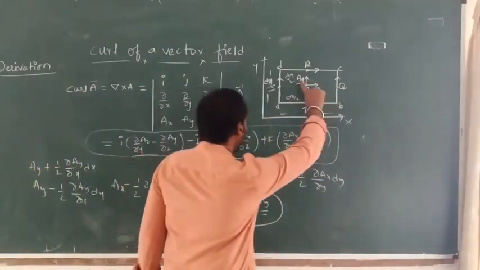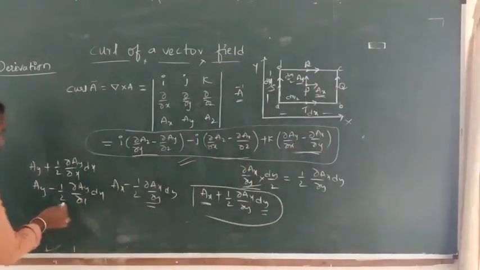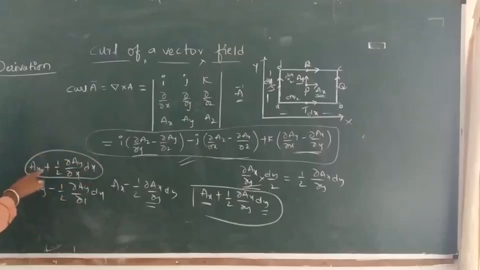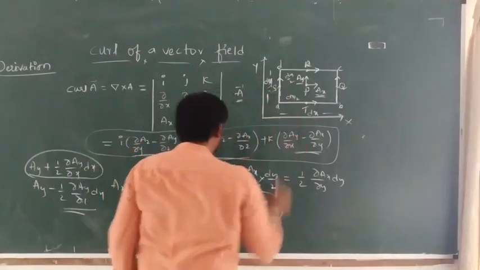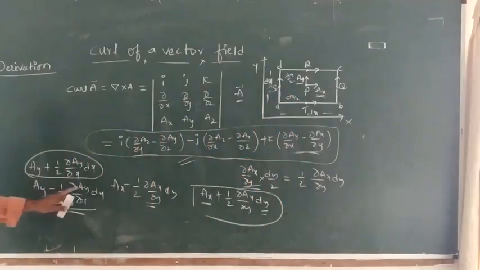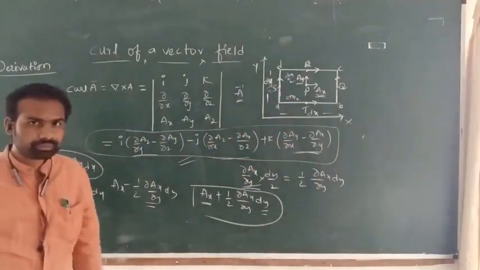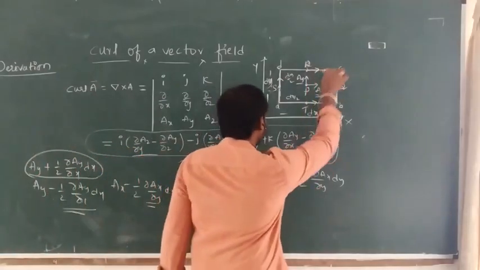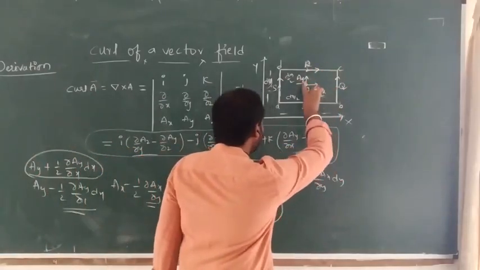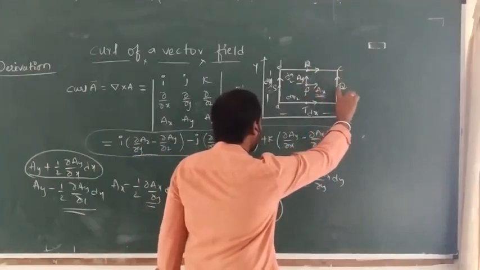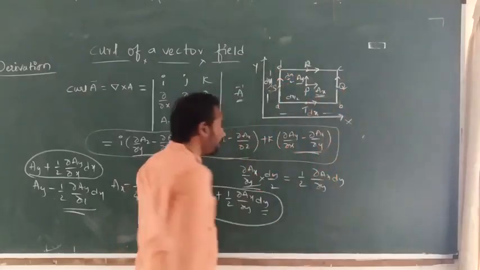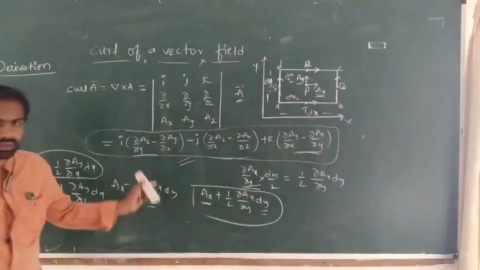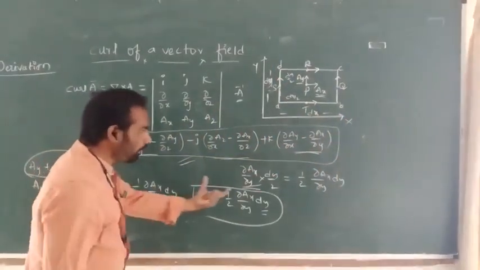Okay, and the value of Ay at q becomes Ay plus half dou Ay by dou x into dx. Similarly, at s it becomes negative, that is Ay minus half dou Ay by dou x into dx. Here the direction is along RC for Ax. The direction of Ay at point Q is QC, at S it is SD, and at T it is TP. The direction should be taken like this, so we got some values here.